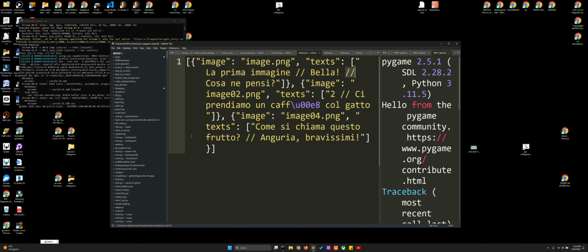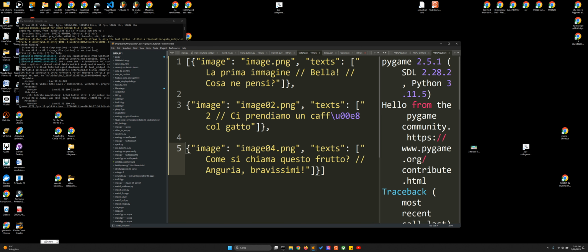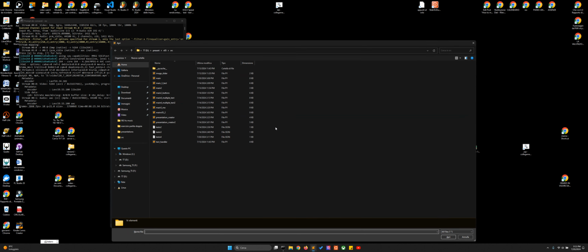Okay, now let's see. We could do this manually, drawing, image, text, etc. Each one of these is practically a slide. We could write it like this. These are 3 slides and the image, etc. But this will be a little tedious. So I made this other